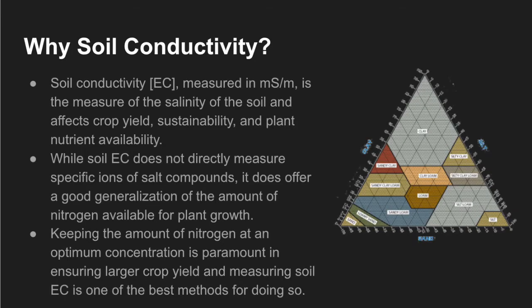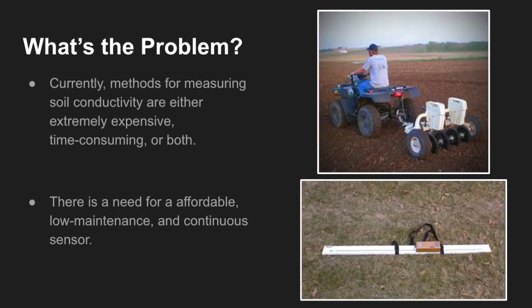But why soil conductivity? Soil conductivity, typically called soil EC, is a measure of soil salinity that is typically used to estimate crop yield, plant sustainability, and nutrient availability in the soil. Keeping a proper soil EC is extremely important for ensuring a proper environment for plant growth. Currently, the methods available for measuring soil conductivity are extremely expensive, time-consuming, or both, leaving the need for an affordable,